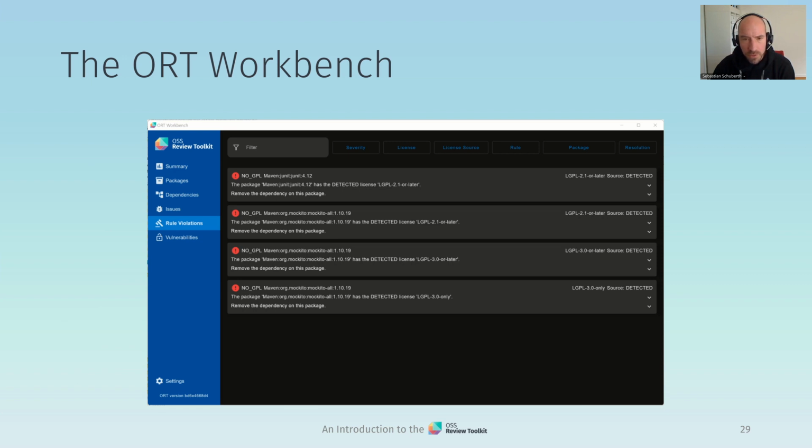Another companion tool that we offer as part of the ecosystem is the ORT Workbench. It's a pretty young project still. We have a lot of ideas how to improve it, but too little time to actually implement all of our ideas. But it already serves as a nice browser for ORT result files, and it can handle larger files than, for example, the web app report, and the plan is also to make it interactive in the midterm. So you can maybe do things like right-clicking on a result and mark a license finding as a false positive and stuff like that.